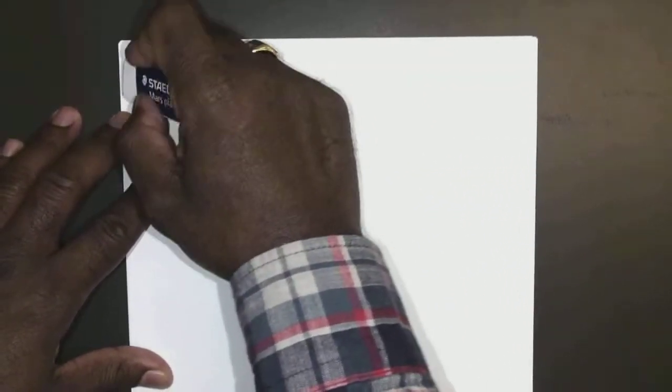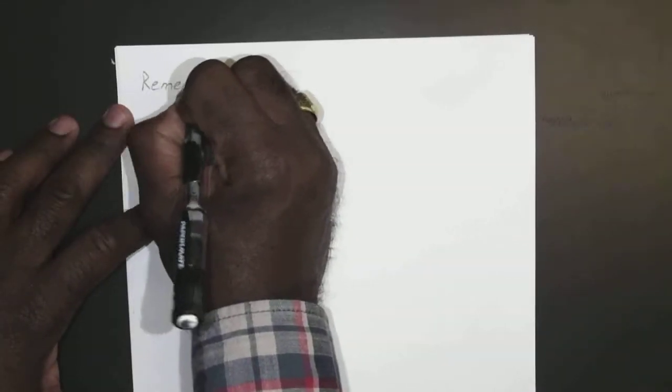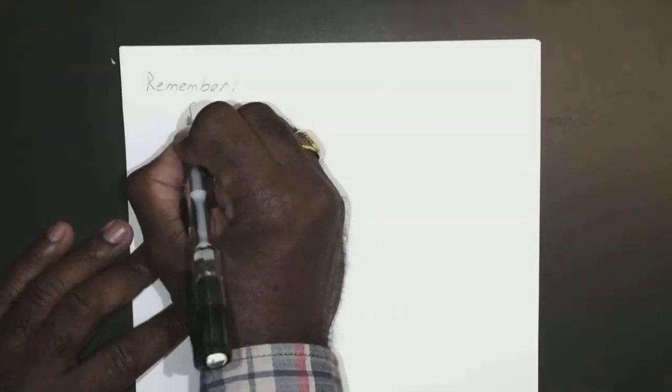All right, so I think I'll review it first before we go to the example. So if you remember, from pre-calc, we did our shifting of graphs, that if you have some f of x plus c,